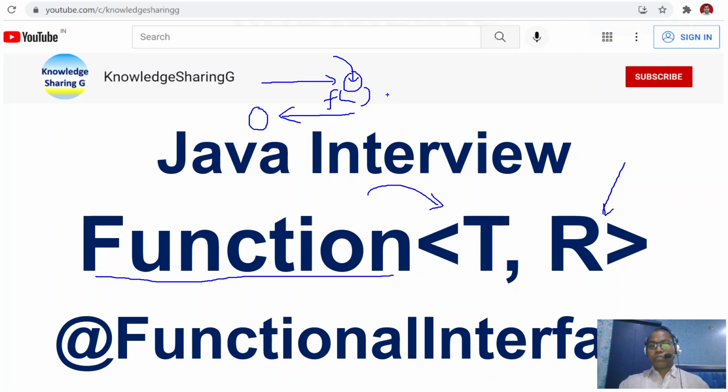The meaning of the Function interface is just to transform or convert your input argument of type T to an argument of type R. Maybe you take an integer input and return an integer, maybe you take a string input and return a double, whatever your requirement.